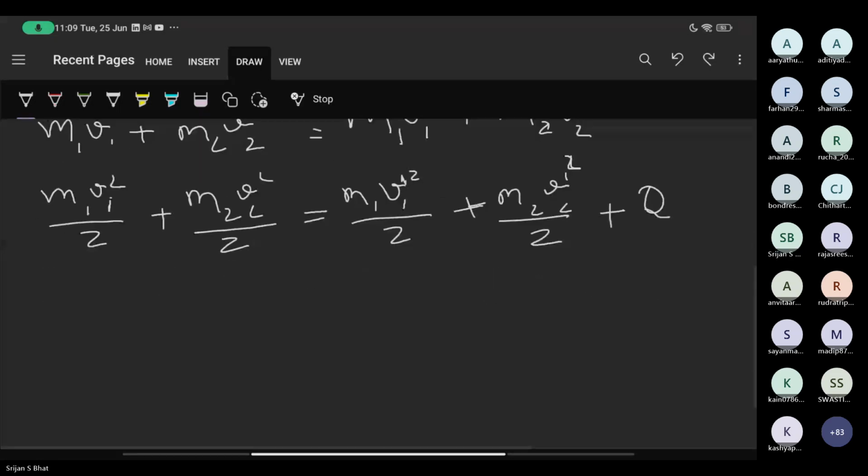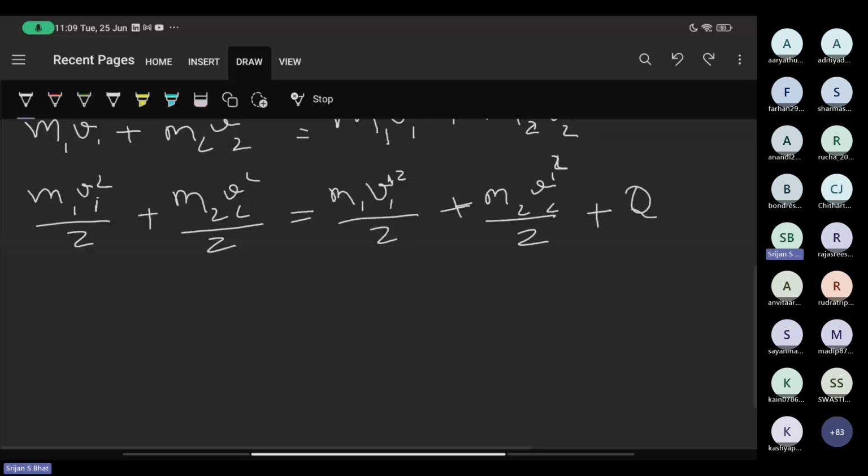Total energy should be conserved. So what we are writing is that the initial kinetic energy is equal to the kinetic energy afterwards of the two particles, and this Q is the loss in kinetic energy.